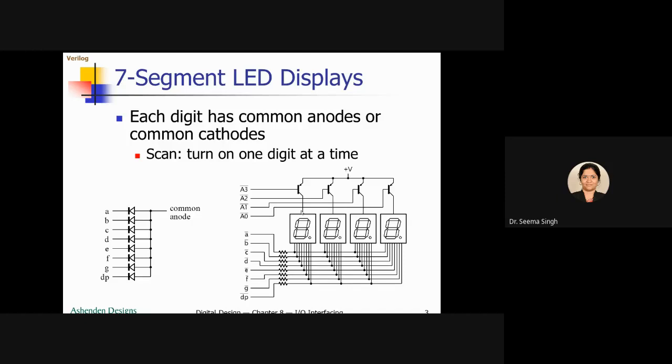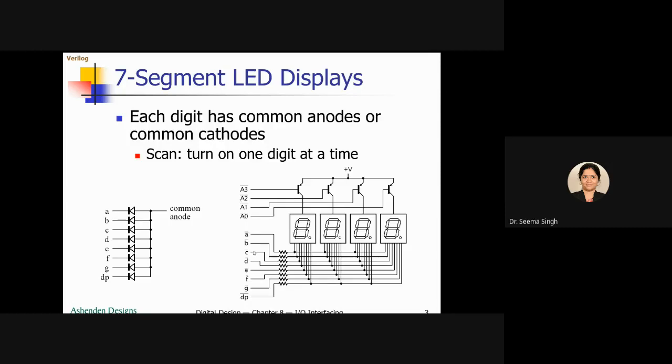So now you have to understand why this is required, why we wanted to do all this. We wanted to do all this so that we can work with a minimum number of connections and a minimum number of wires, and this joining and all that will be minimized. So if I had four digits with this specific scheme, I need only 12 signals. What 12 signals? This 8 and this 4.